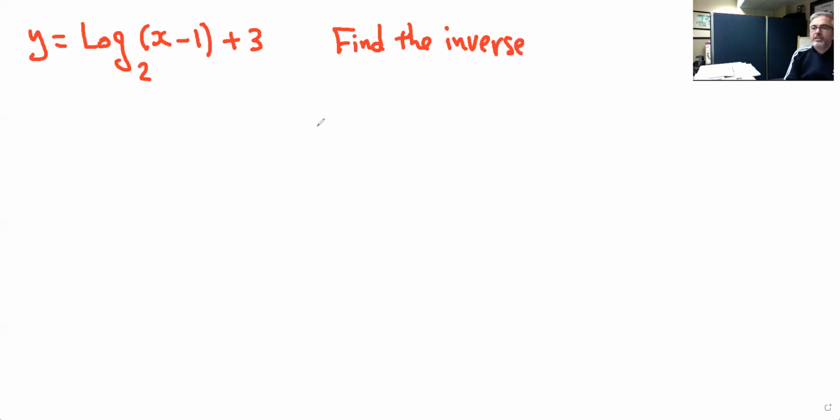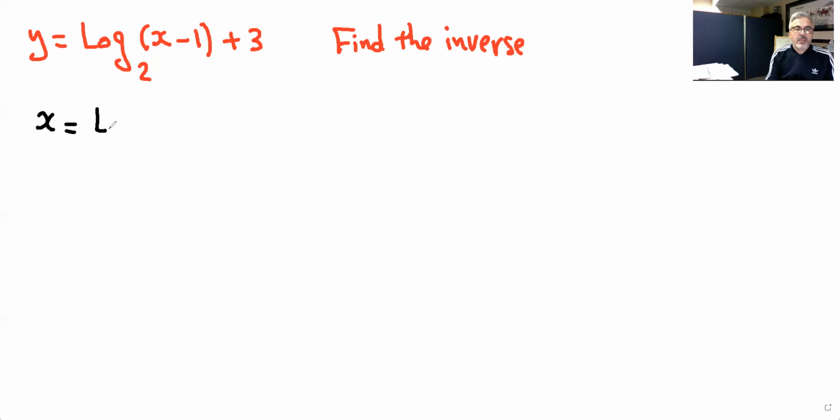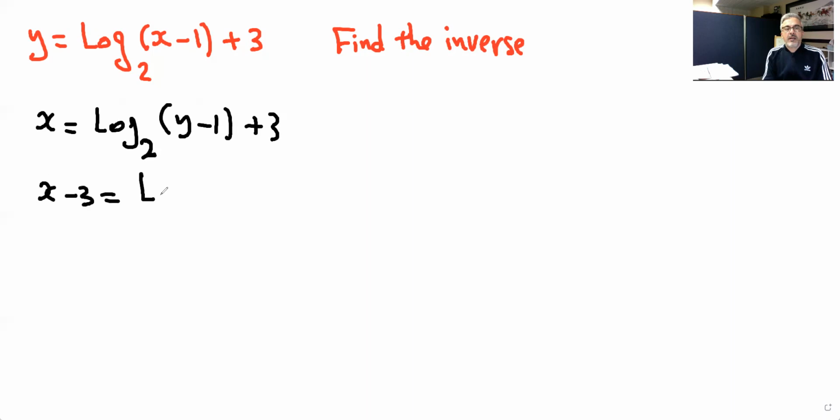So with this question here, they want you to find the inverse of a log function. So to find the inverse, again, always what we want to do is change x to y and y to x. That's the first thing you always do when you're finding the inverse of anything. So therefore, this becomes x equals log base 2 y minus 1 plus 3. Now I'm going to move the 3 to the other side. So x minus 3 equals log base 2